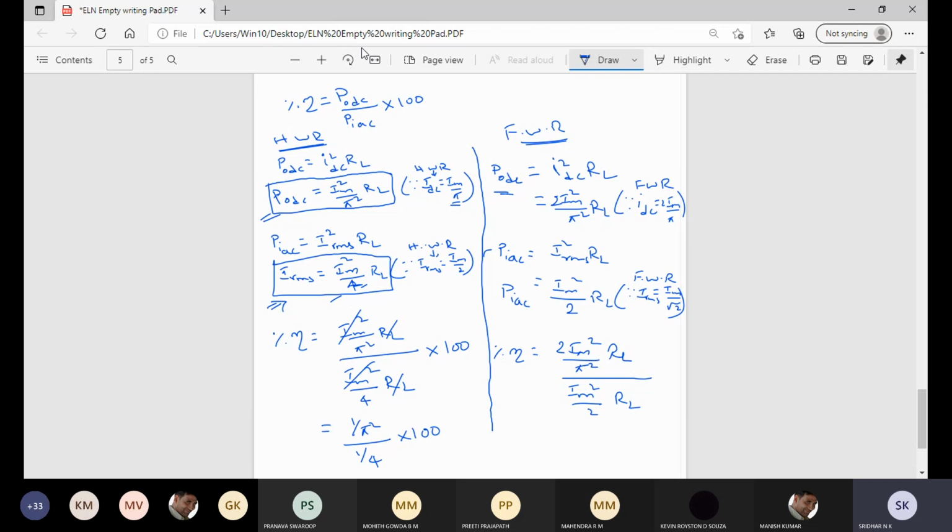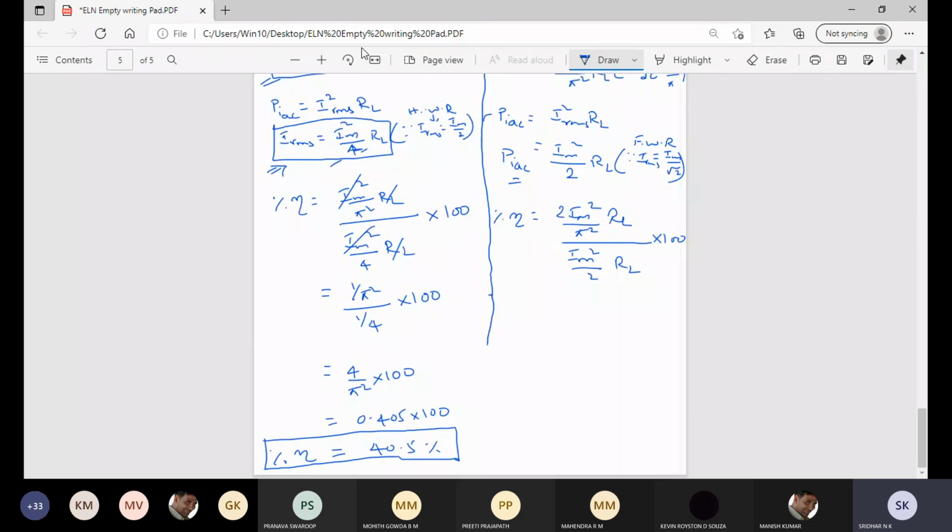You will get this equation. So start solving it. Im square RL will get cancelled. So you will get 4 divided by pi square, then into 1 over